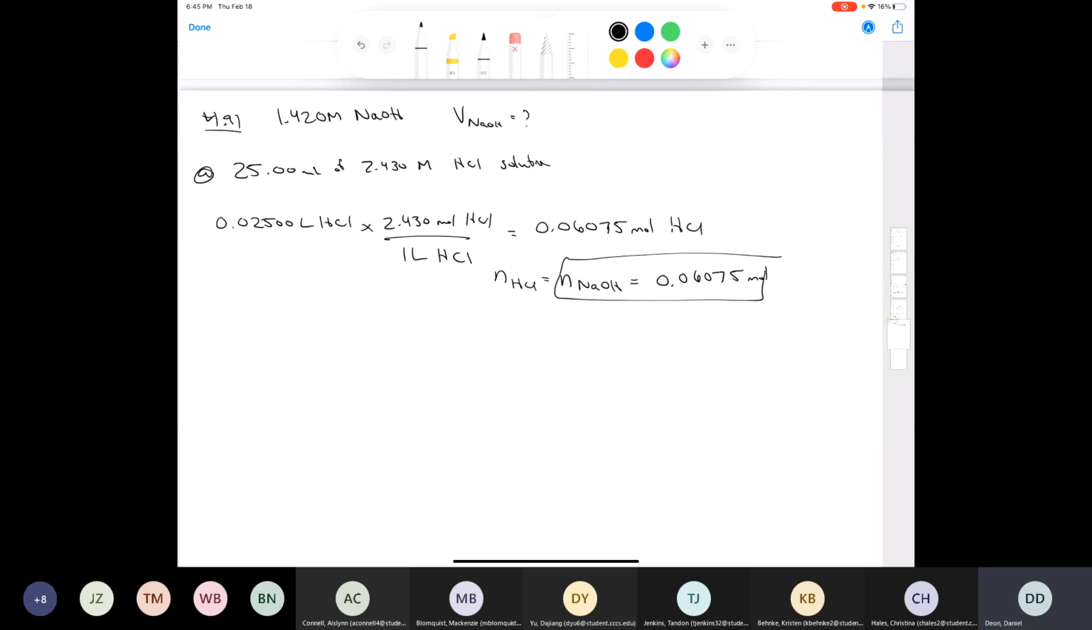So now we've got the number of moles and we've got the concentration, right? We said that molarity is equal to the number of moles over volume. So that means volume of the sodium hydroxide solution is going to be equal to the molarity of the sodium hydroxide solution multiplied by the number of moles of the sodium hydroxide solution. So our volume of NaOH is going to be equal to 1.420 moles per liter multiplied by,